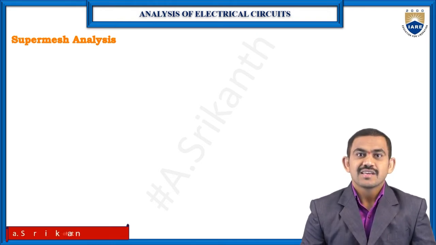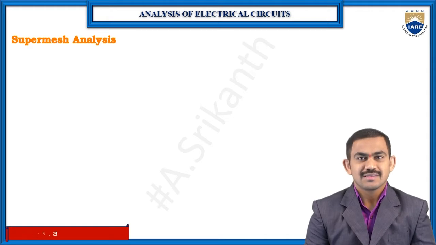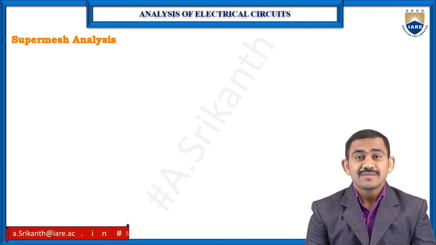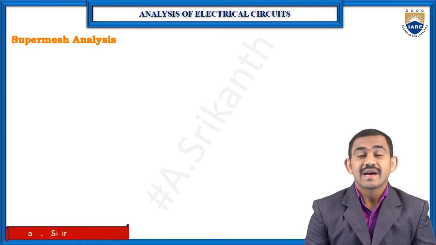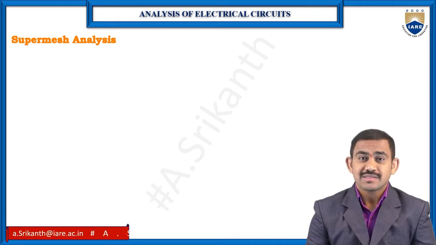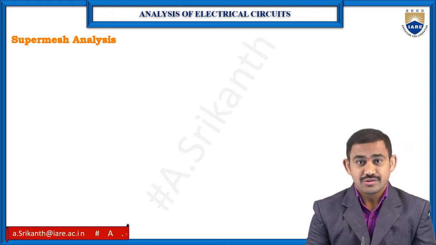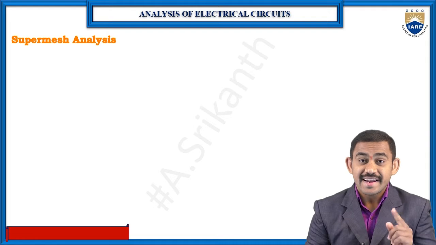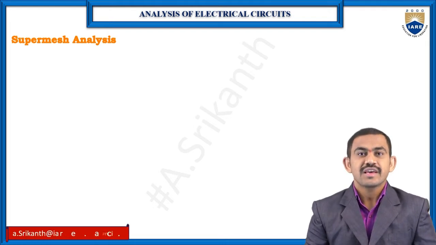Yes. We have some small difference between mesh analysis and super mesh analysis. Mesh analysis means when we have n number of loops, then you can find out the loop currents. Same as you can find out the loop currents using super mesh, but when we have an ideal current source between two nodes, then I need to follow the super mesh technique. Okay, we'll check it now.